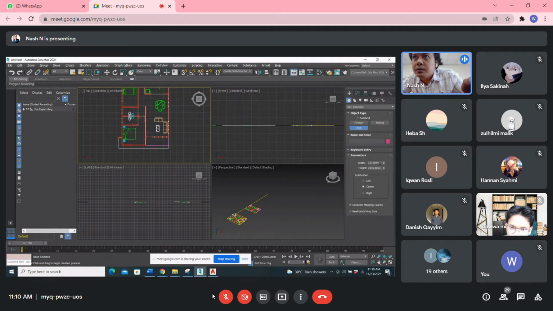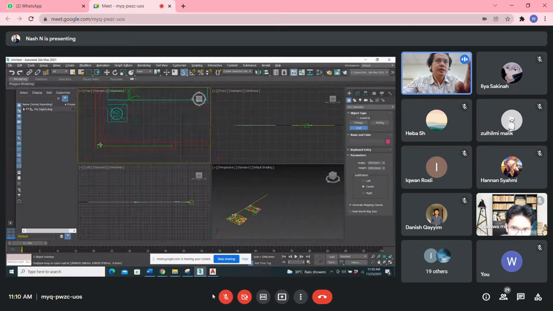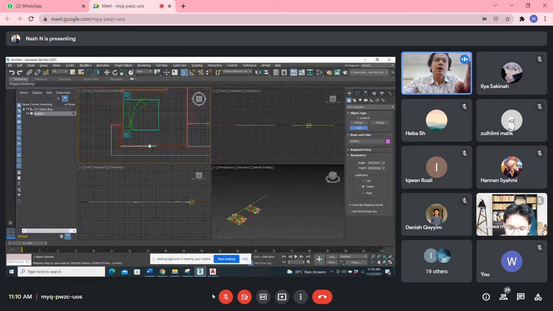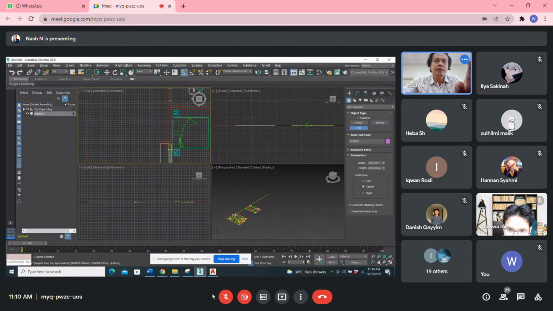You can adjust the width. The width is normally only 150, and then the height, let's say we make it 4,000, and then we can use the center. Then we can turn on the snap here. Let's say we use the center here. That is the something wrong with the scale of this drawing. Okay, then we can build the wall.